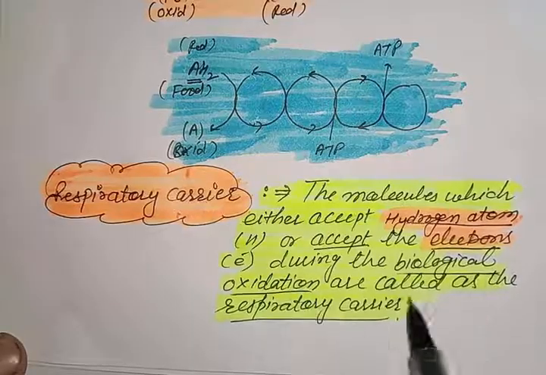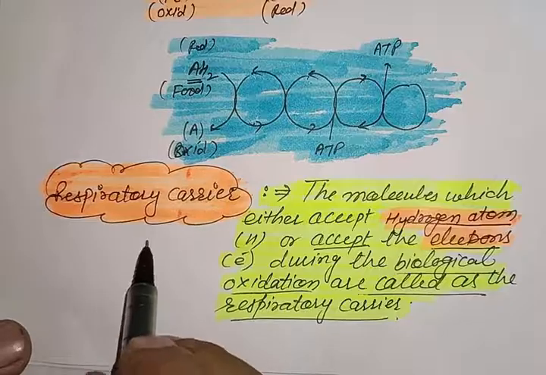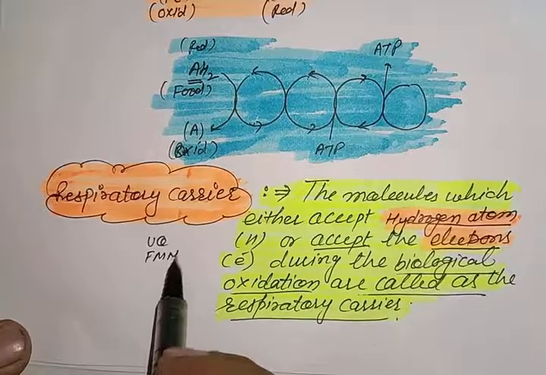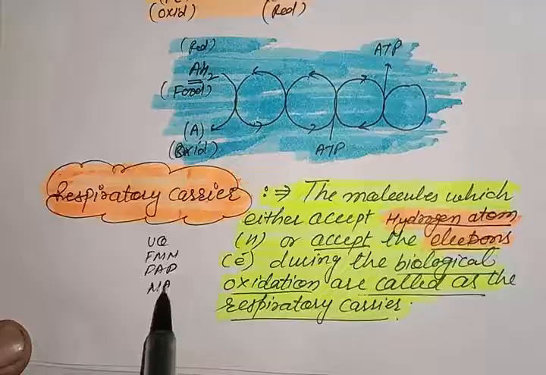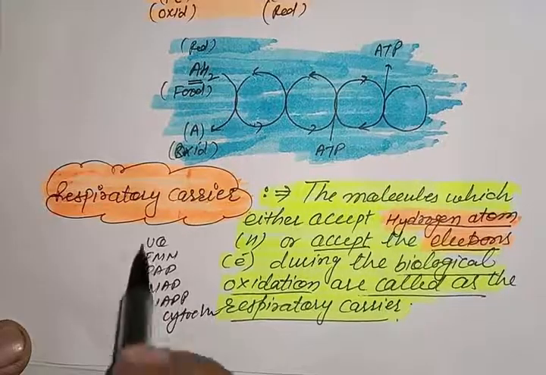Next one is the respiratory carriers. All the molecules which either accept the hydrogen atom or accept the electron during biological oxidation are called the respiratory carriers. So as we know very well, the respiratory carriers are ubiquinone, FMN,